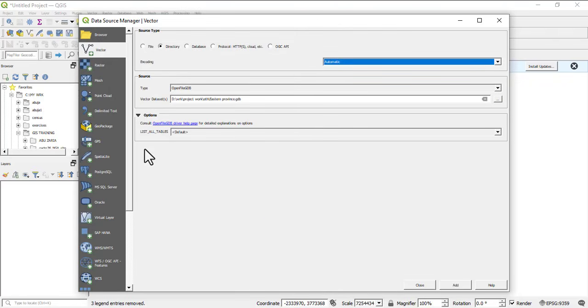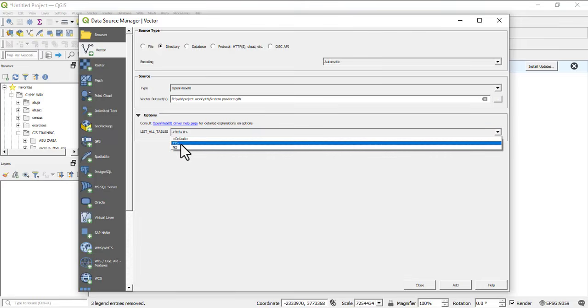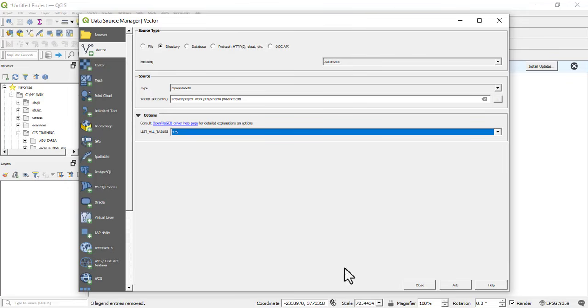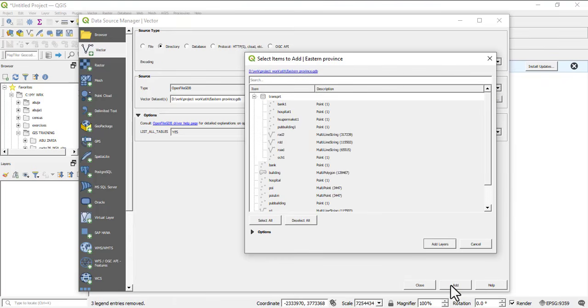Now, once you click on select, you come here, it says list all tables. So I'm going to click on it, change it from default to yes. Once I click on yes and I click on add, it will just pop up all the list of tables or all the things that are on the file geodatabase. So I'm just going to click on select all and